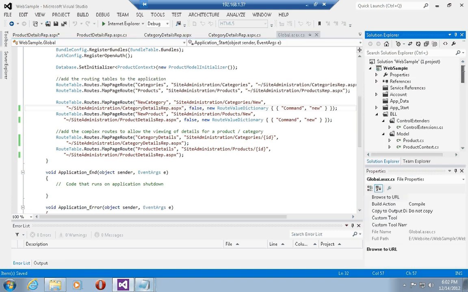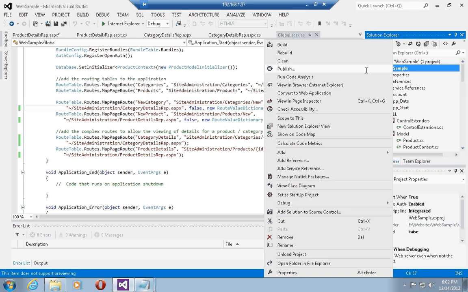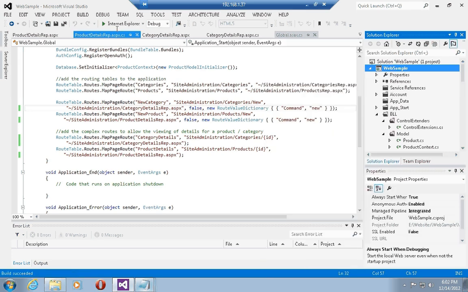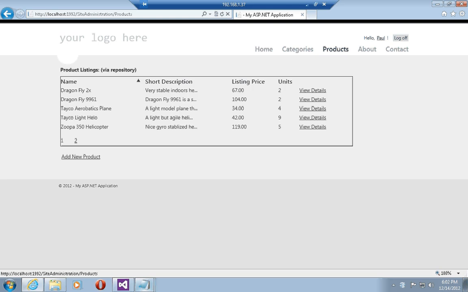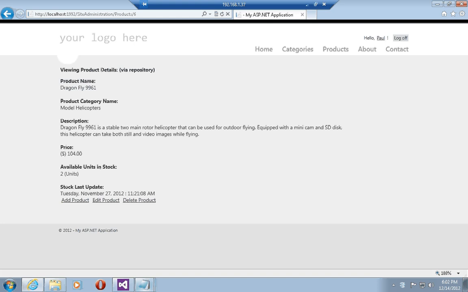I can now rebuild my solution, and I am completely implementing the repository pattern in ASP.NET WebForms 4.5. So let's just run the solution and show you that this works. So we're already logged in. Let's go into the products listings. And let's click on view details for a given product, and now you see that I'm actually doing this via